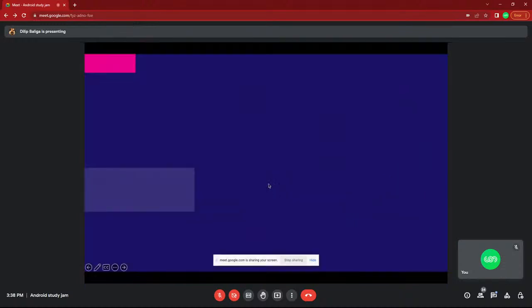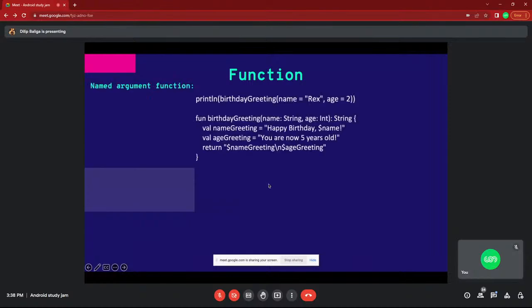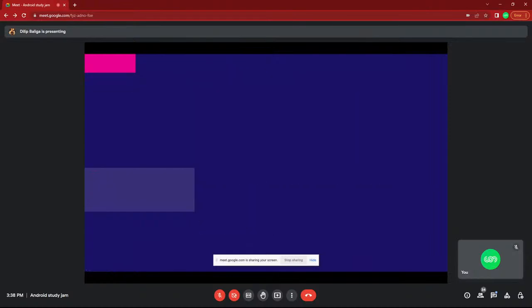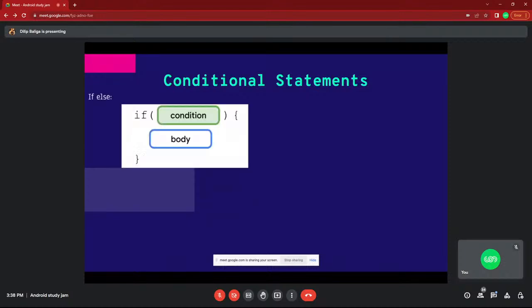Next, we'll move on to the next topic. Function, everything is cleared. Next, conditional statement. Conditional statement, everyone knows, means if and else, and how to specify it.